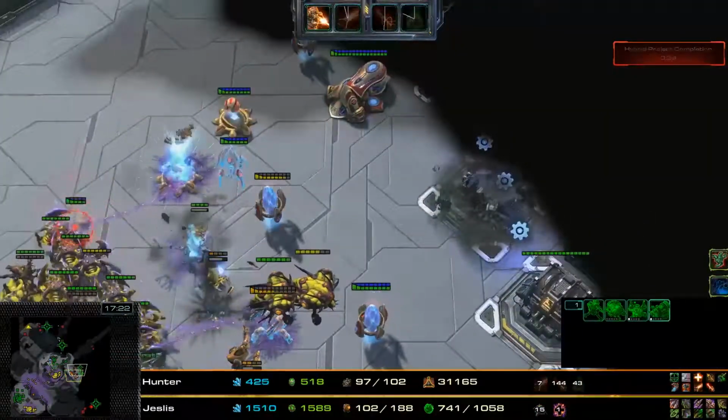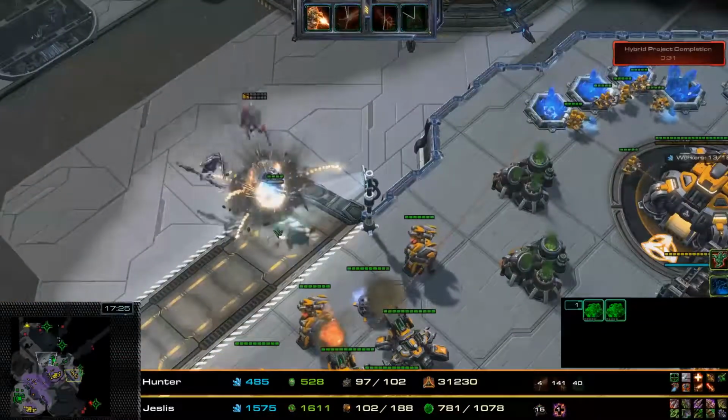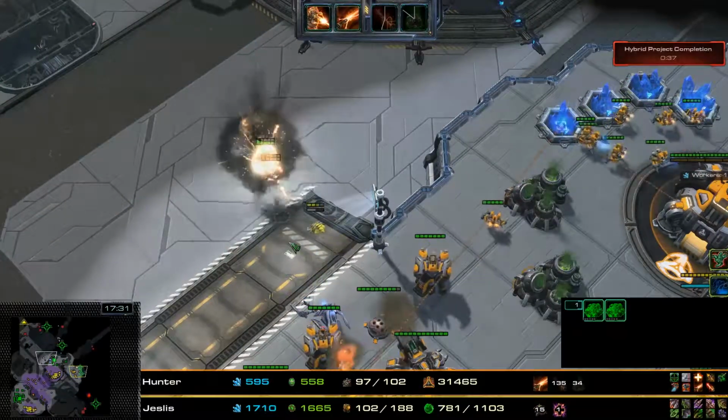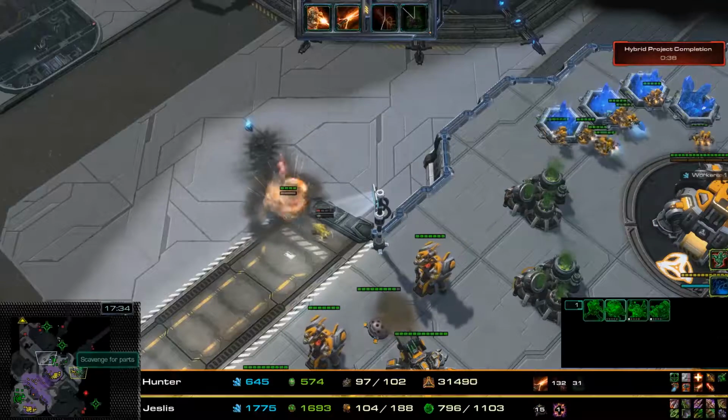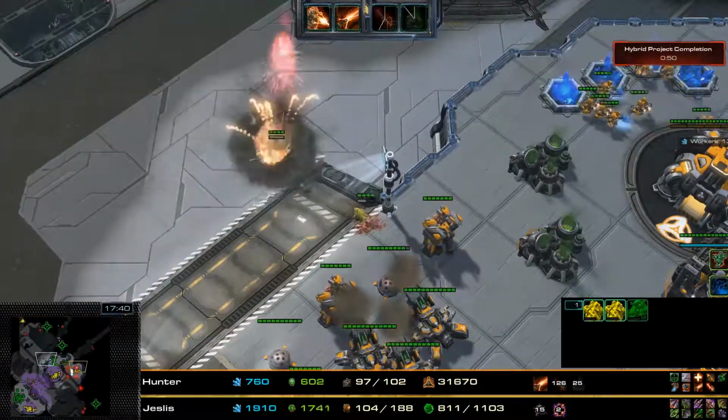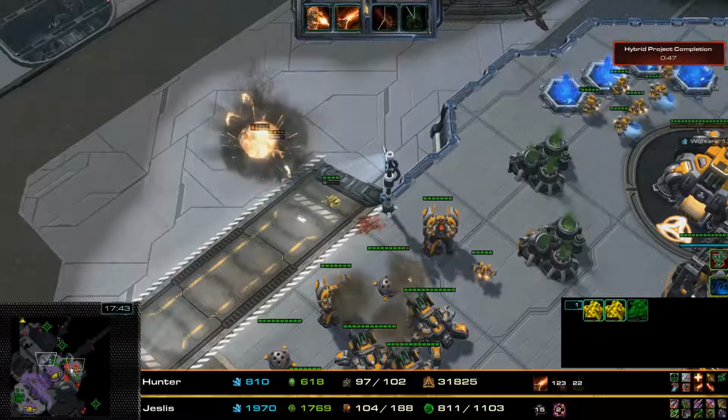Abathur's army is still pushing on this side, and there are a bunch of Stalkers constantly being shelled in the backline here. And a bunch of Zealots as well, so again, this is why having a bunch of siege tanks ready and in position means that this kind of harass doesn't really make too much of a difference